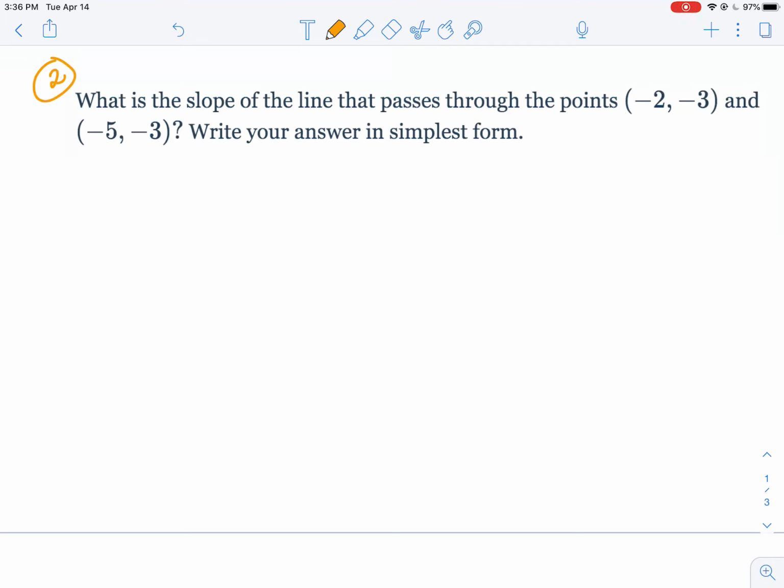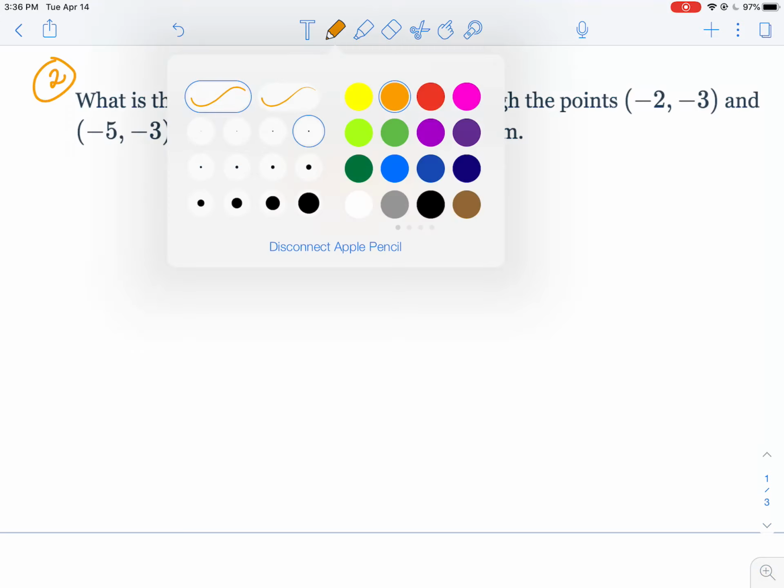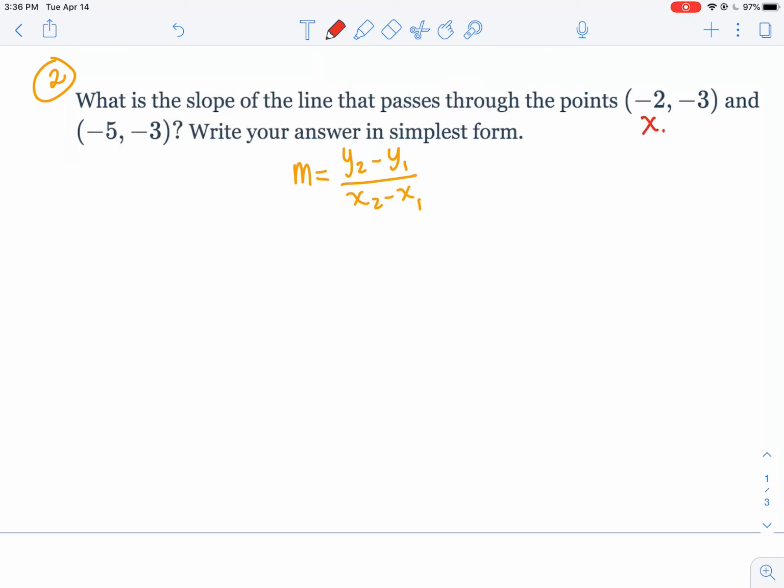Question set number 2 asks you to find the slope of a line that passes through 2 points. Just like yesterday, our formula for calculating slope when given 2 points is y2 minus y1 over x2 minus x1, where you label your points x1, y1, x2, y2. So the formula says y2, which is negative 3, minus y1, which is negative 3, use parentheses. So it's going to be negative 3 minus negative 3